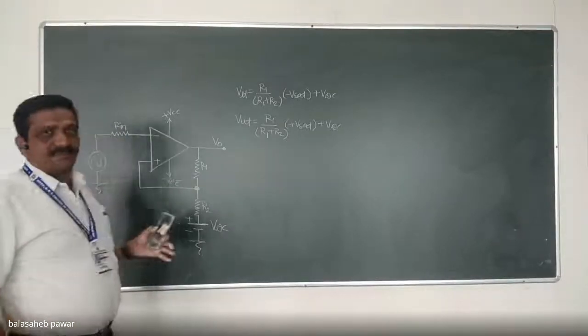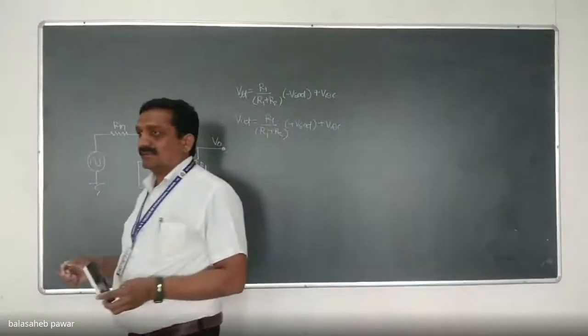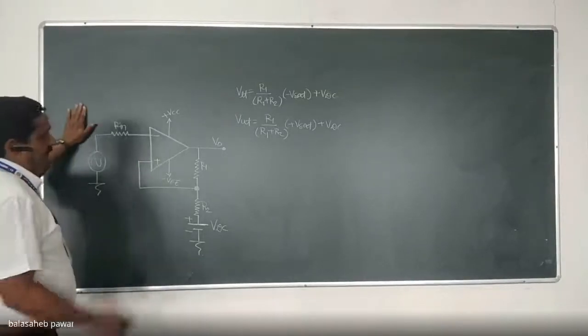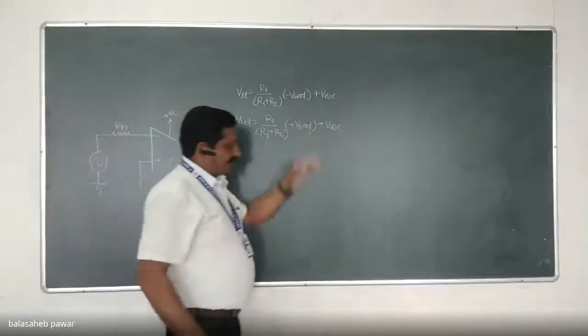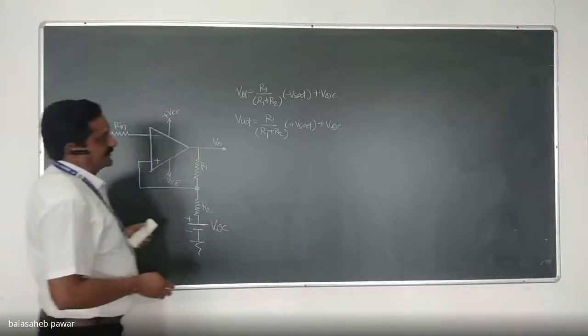Shall I take an example for that symmetrical Schmitt trigger? Just let me know from your side. Is it visible properly, Blackboard? Yes, sir. Okay. So shall I take an example for symmetrical Schmitt trigger or directly go for this asymmetrical? Okay. I will explain it for asymmetrical first of all, and then later on, if you want, then I will go for symmetrical. Okay.